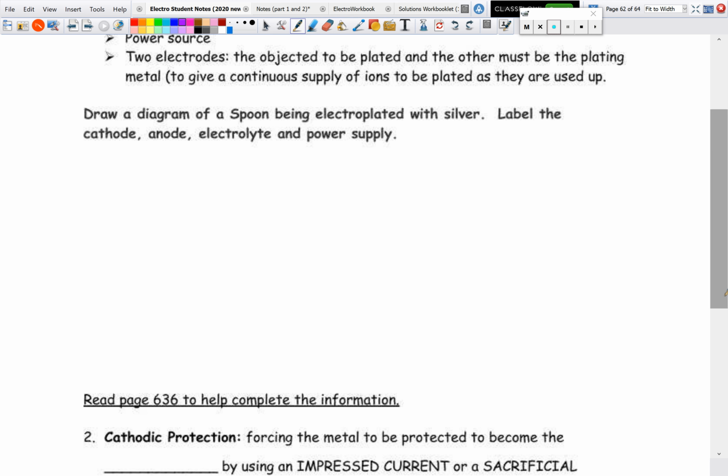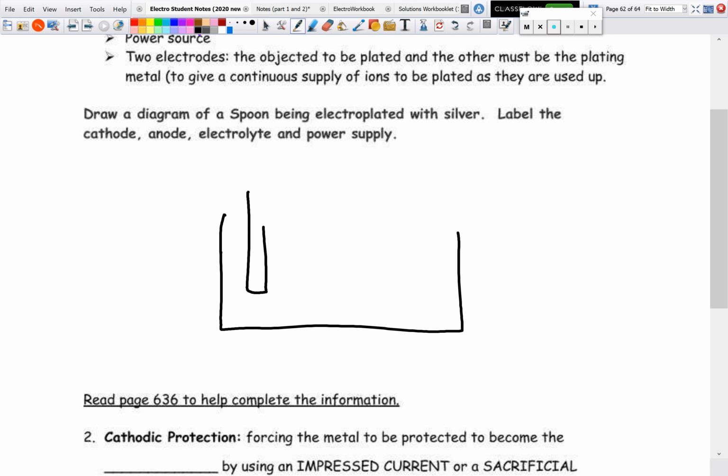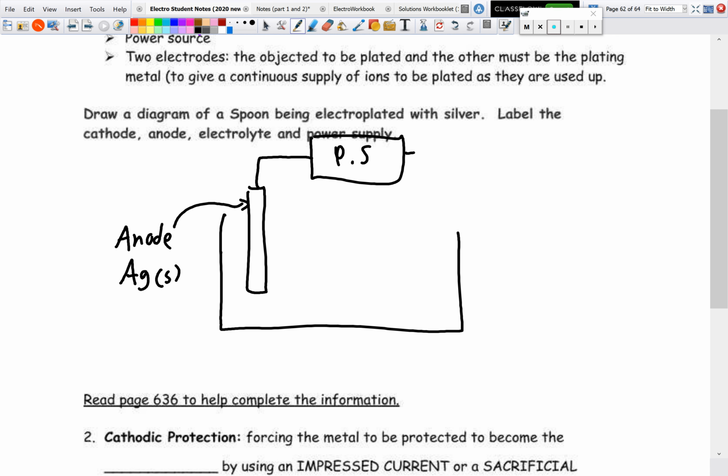So if we had to look at a diagram of a spoon being electroplated with silver, we can fully label our diagram, because we know how a general electrolytic cell looks, right? We'll have one thing right here. Now we're going to have our anode, and this is going to be silver solid. This is going to be hooked up to a power source, and then we are going to have our cathode. Now in this example, if we're trying to electroplate a spoon,